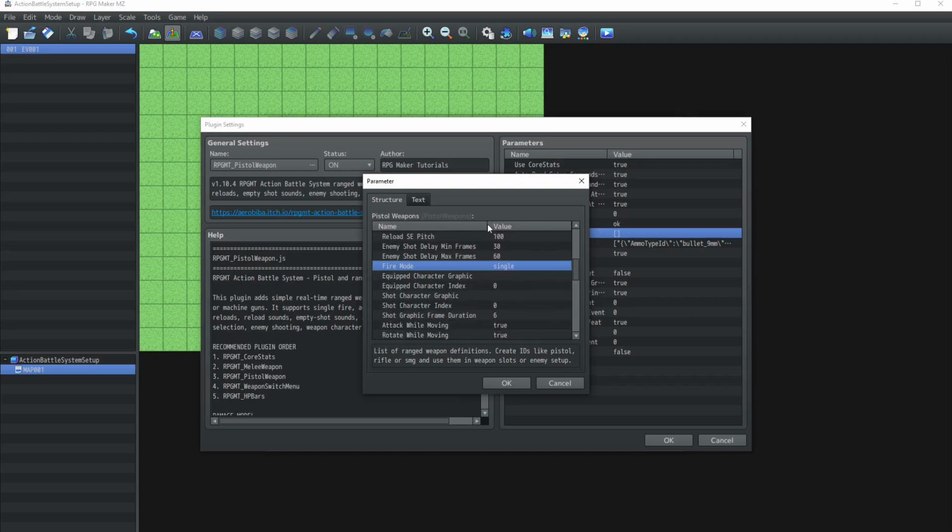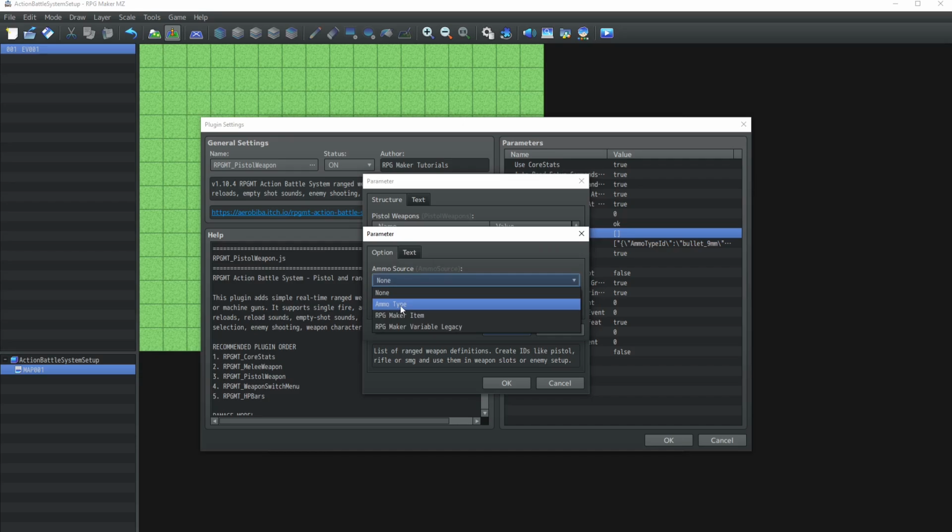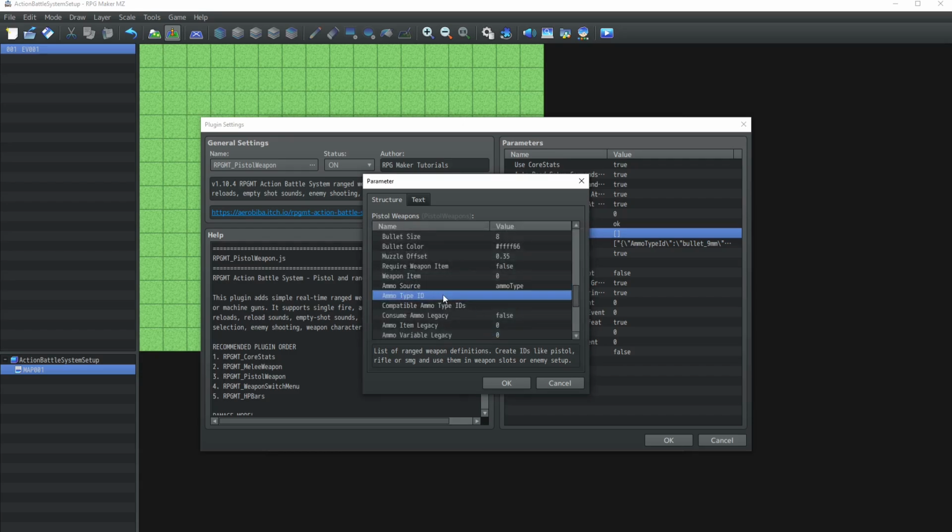And you have several options here like equipped graphics, but I won't change any of it because I want to show you a quick start. I want to change the ammo source to ammo type. You can also change the ammo to RPG Maker item. So if you want to create an item in a database, you can use that. But I use the bullet I created here and set it to ammo type